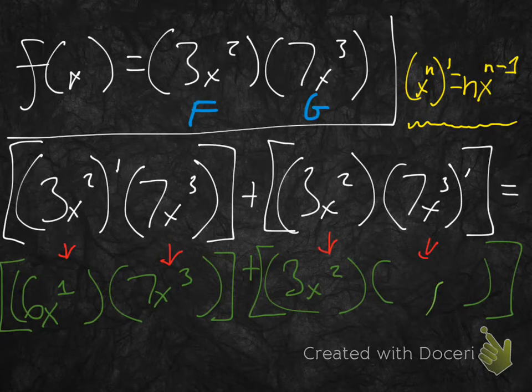Okay, and what now? All right, we need (7x cubed)'. Well, we're going to multiply this 3 times 7, so we're just going to get 21x, and then 3 minus 1 is 2, so 21x squared. Power rule. Great. So we have this. What is this going to equal? Well, let's just start simplifying things. We have 6x times 7x cubed,